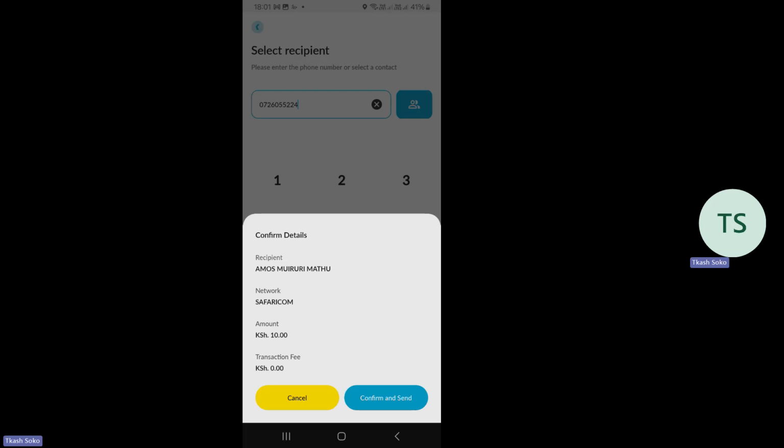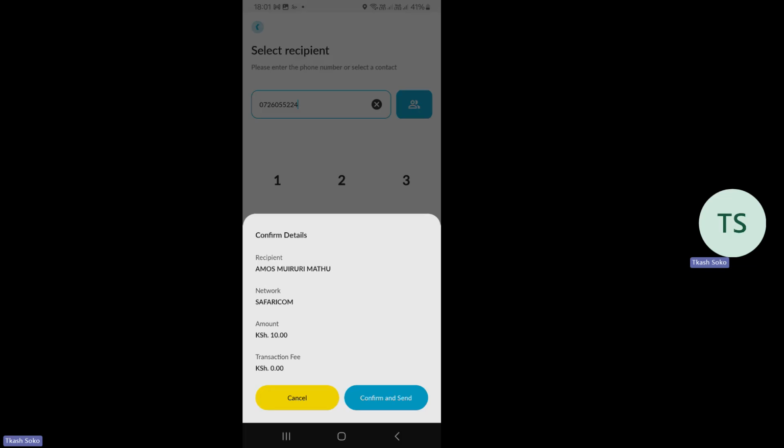You can send this money to any network. And this is the beauty of it. Unaweza kuwa maybe you have a sister in college, you want to support her, na ako na T-kash. Unamtumia kwa T-kash yake, like kwa phone number ya T-kash yake. Anaweza kuwa ako na M-Pesa, unamtumia kwa M-Pesa namba yake using the T-kash platform.